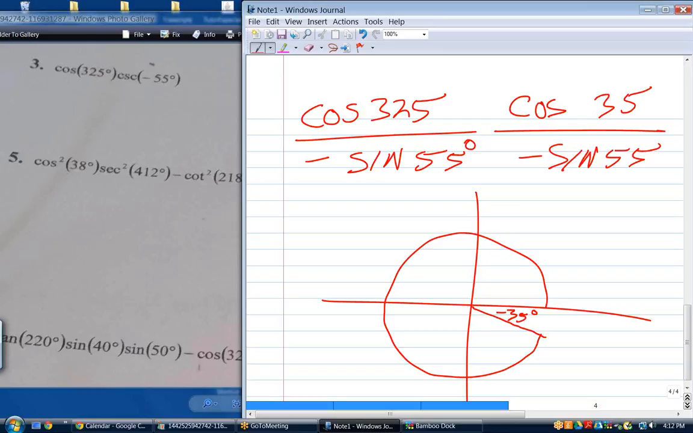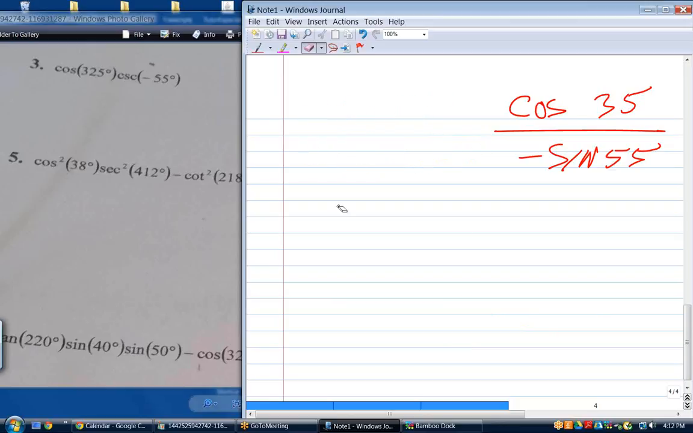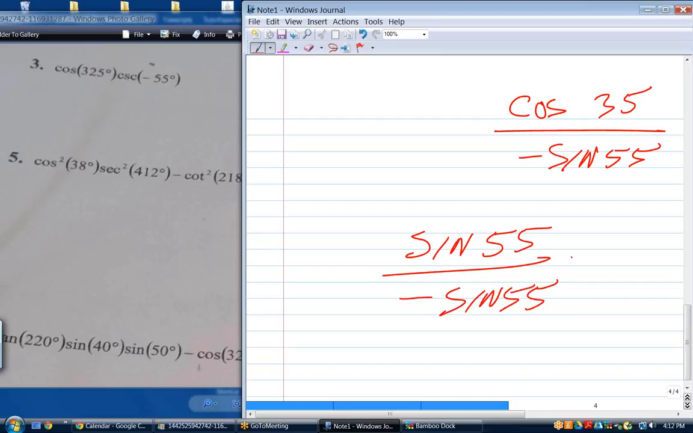Now, based on the cofunction property, what's the numerator? Can I make the numerator into 55 degrees? Yeah. By replacing it with sine, because they're cofunctions. So this whole thing becomes the sine of 55 in the numerator and minus the sine of 55 in the denominator, minus